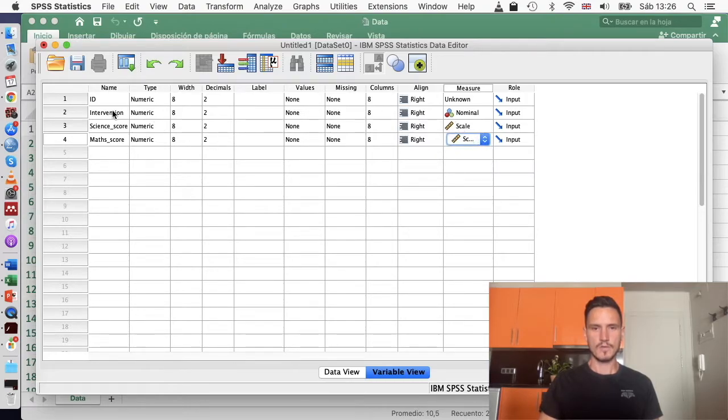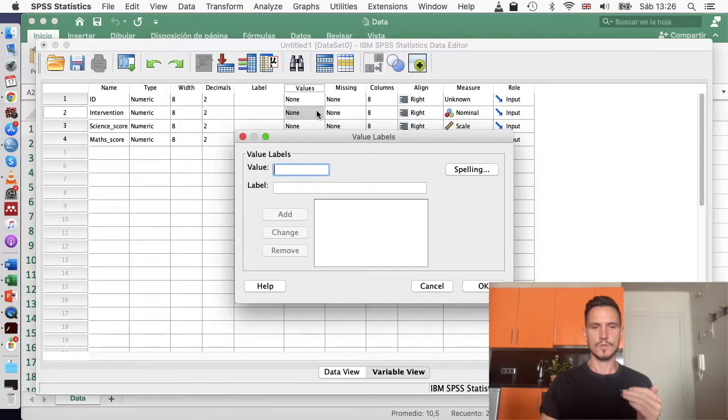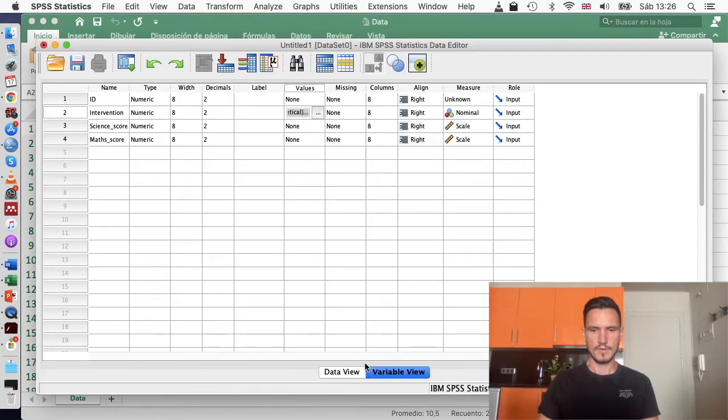Another thing we need to do for intervention is use the values column to specify what the different levels of the independent variable are. So I'm going to use a 1 to stand for theoretical. So this is the theoretical condition. So those students received a theory-based class, and this is practical. So 2 stands for practical, and those students received a practical-based class. So I'll go to 2, practical, then add, then I'll go to OK, and then I'll go over to data view,